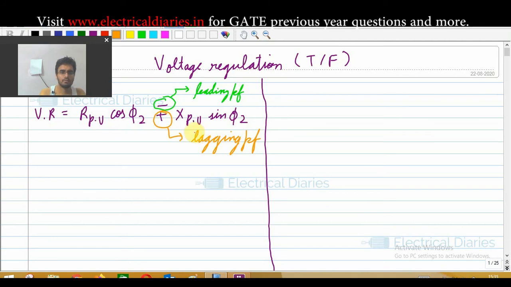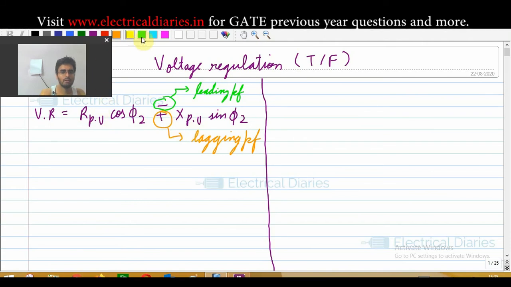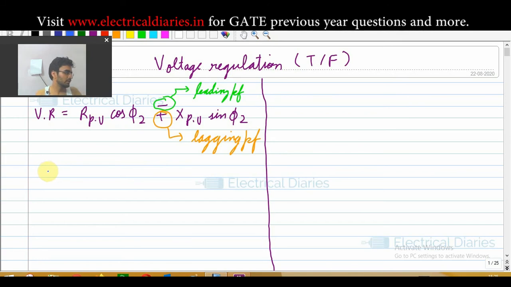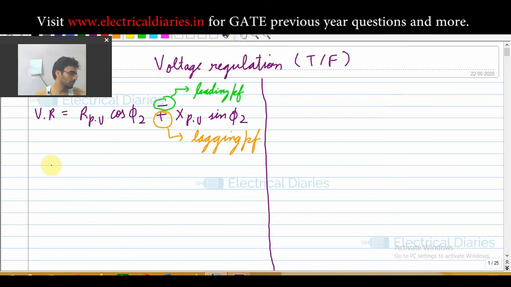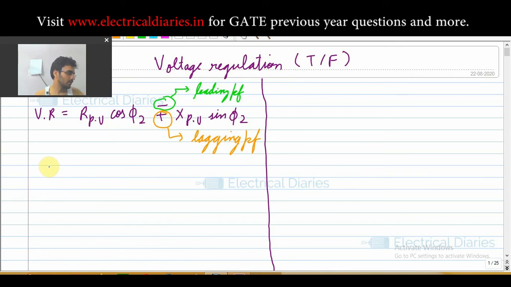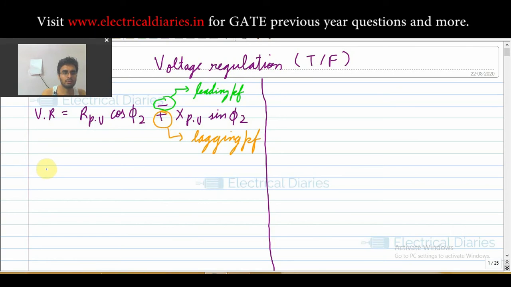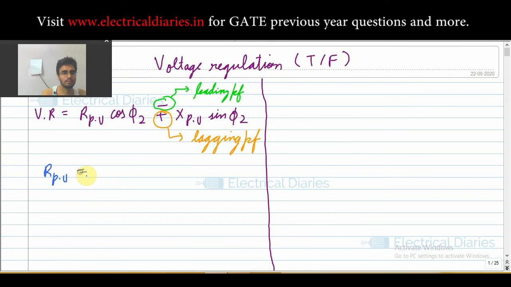And now see here, the most important part is that the formula is okay, but you should remember the play of this R per unit and X per unit. Okay, so let me write it down. You must understand the meaning of these R per unit and X per unit. So for that I am writing some expressions, and I hope you will get from them. Your R per unit is, we know what is the meaning of per unit, actual value upon the base value. So your R per unit is equal to